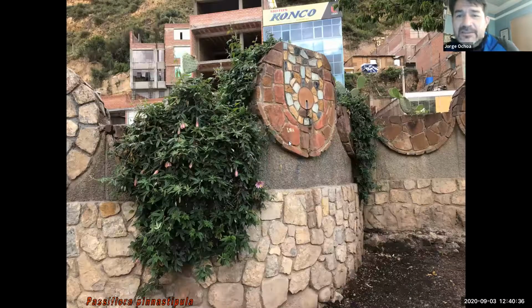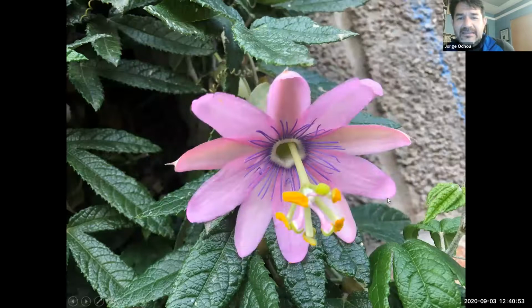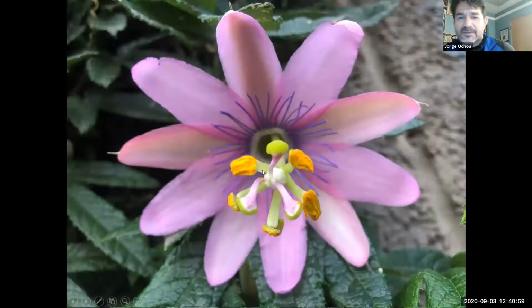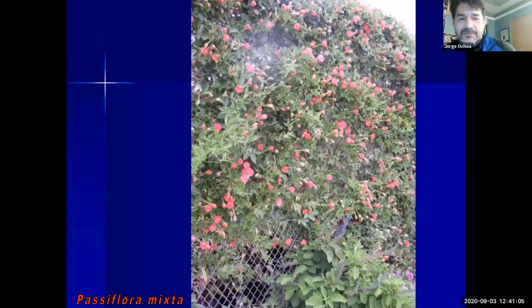Here's Pinnatistipula, picture from Peru, but this is the missing link. So when we look at a close-up of the flower, it has the tube and everything else, but it still kept some of the corona filaments. And here's a different view. So it's a Tacsonia, but does have a corona filament, so the missing link. Otherwise, they don't really have one. And there's an even closer view of those.